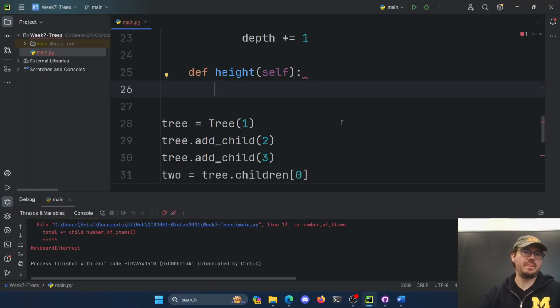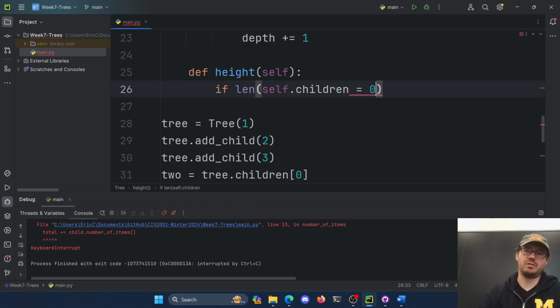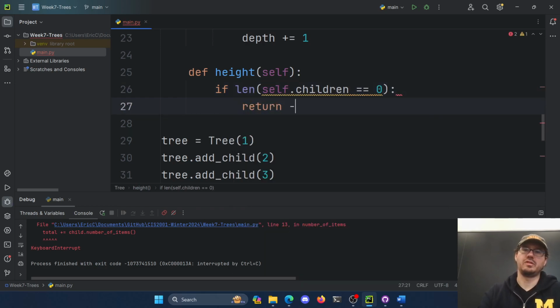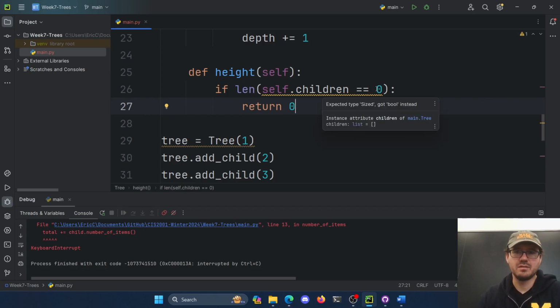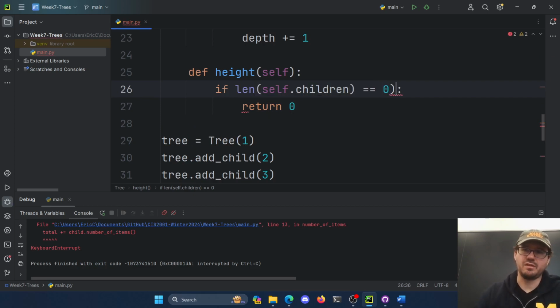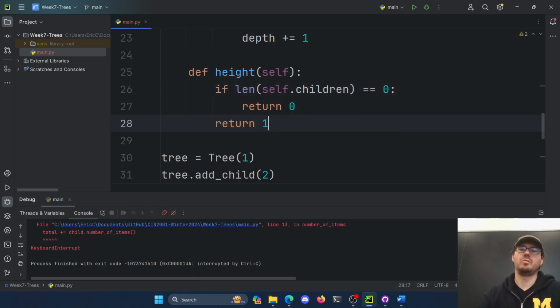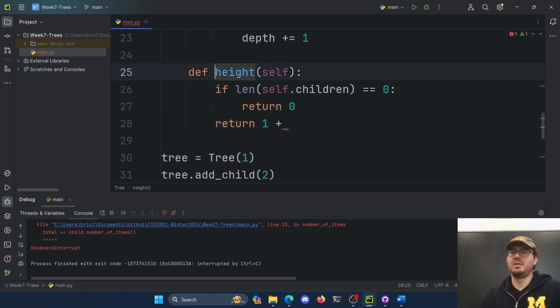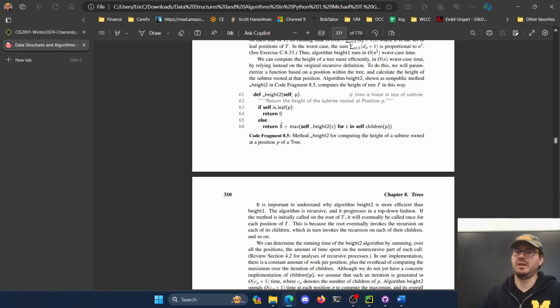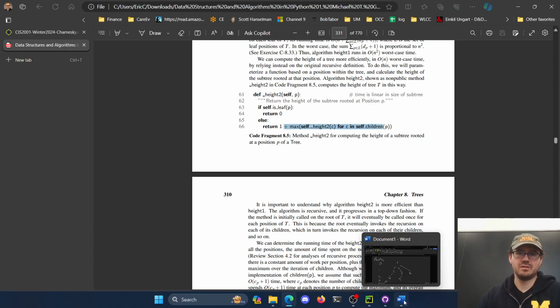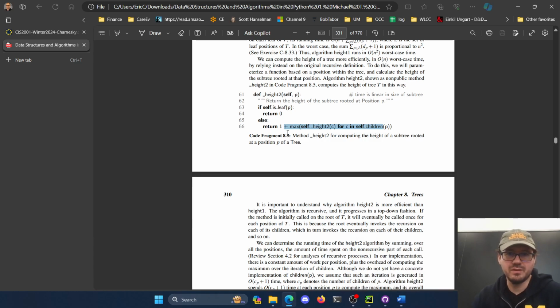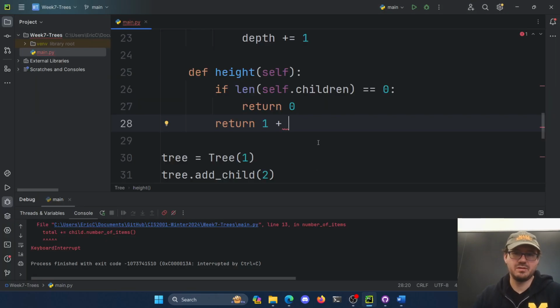So we're going to say if the length of self.children is 0, return 0. What does it not like about that? Oh, I missed the parenthesis. There we go. Return 0. Otherwise, we're going to return 1 plus. Now, this one is the public height, right? We kind of wanted the private helper one in here, so we can go through and calculate them all out. So we've got the height. Oh no, this one calls itself. That's fine. Return 1 plus the max of